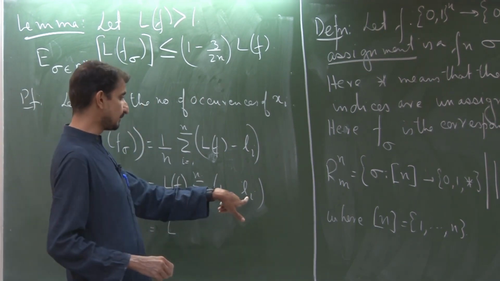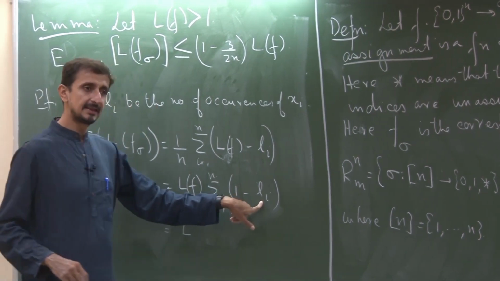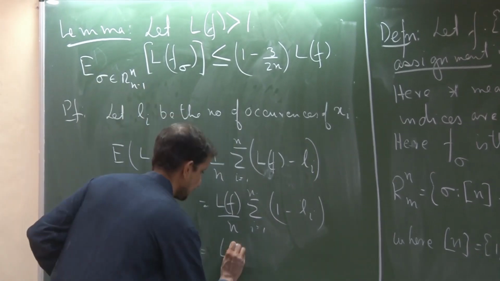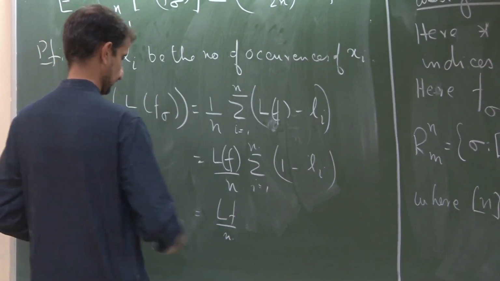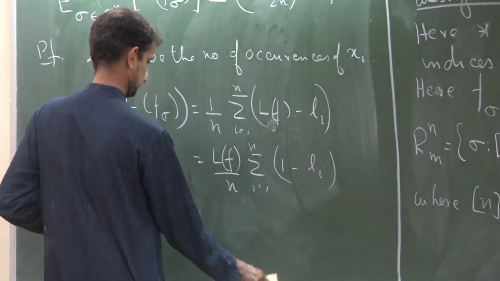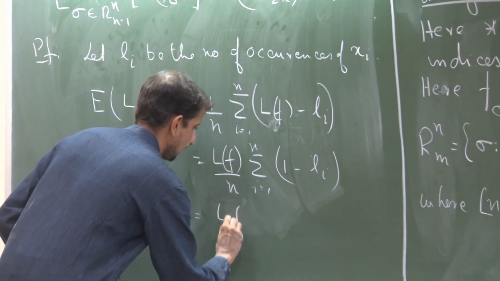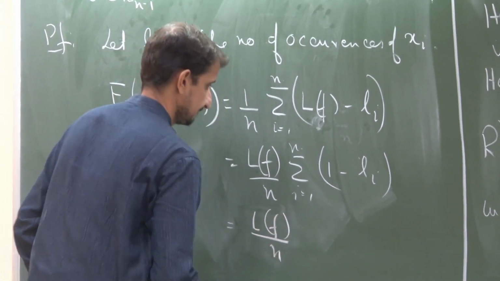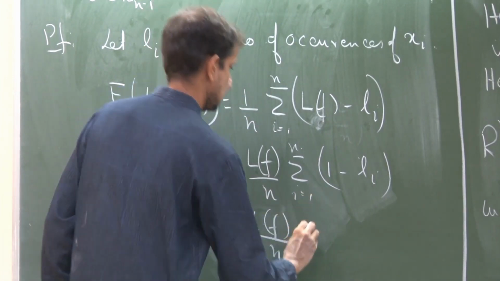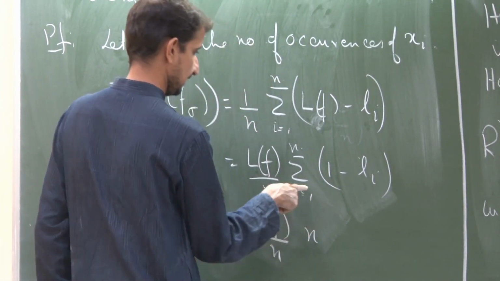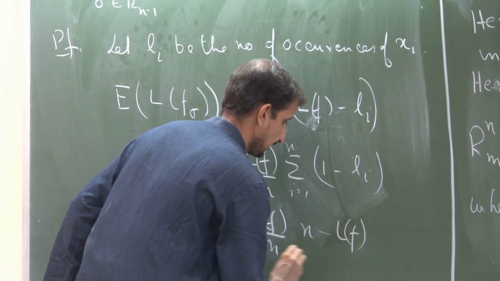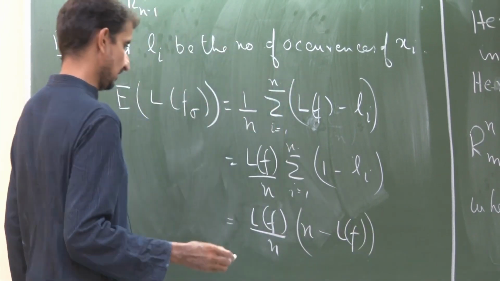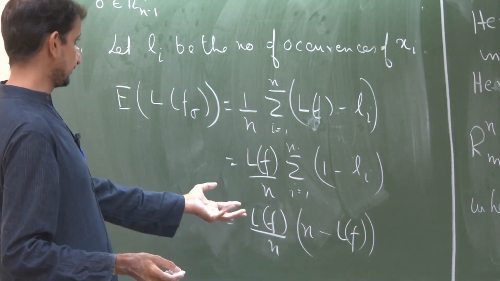And what is sigma Li? Sigma Li is again nothing but L of f. So, this is L of f by n. Sigma of 1 is n minus L of f. So, what I have is